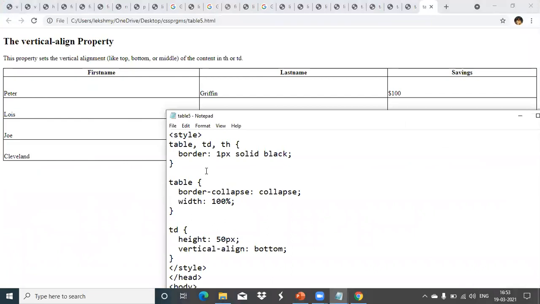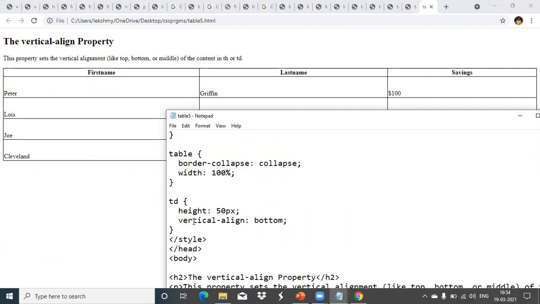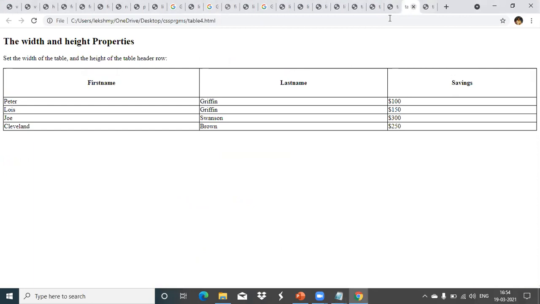Here we have first styled the table data and table head, that is the normal one only. For the table also we have told the width as 100%. Now for table data, we are telling that each height is 50 pixels and the vertical alignment to bottom. So you can view how this is, and compare with the previous one.